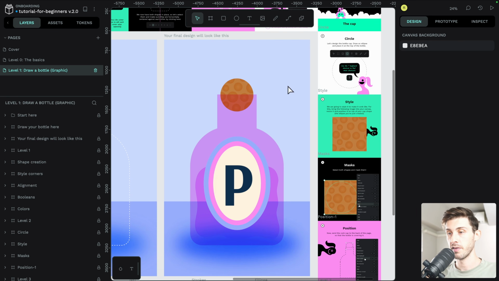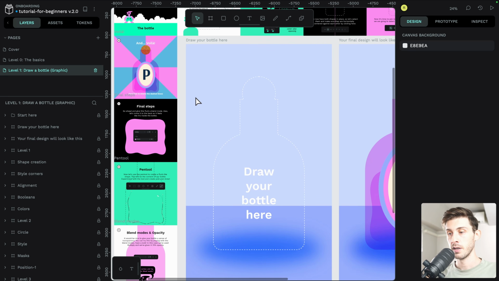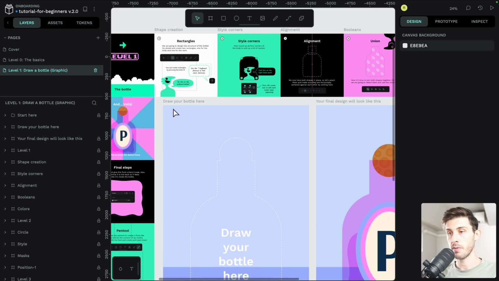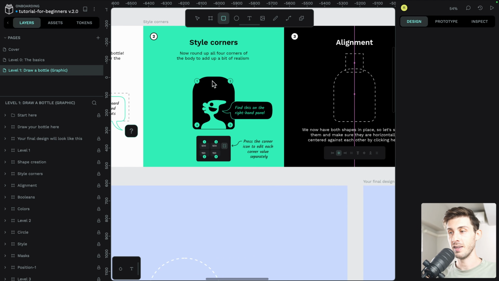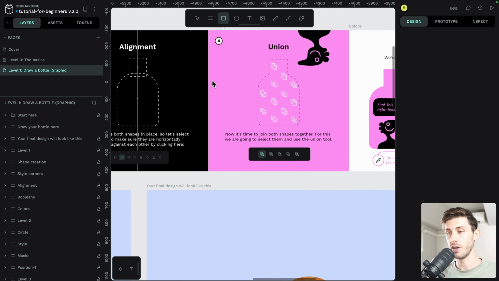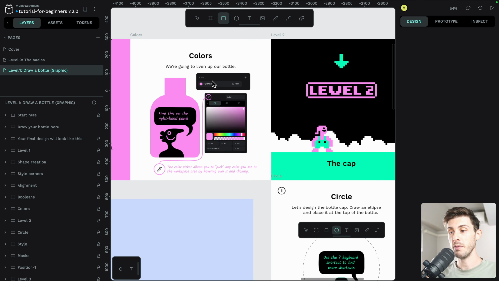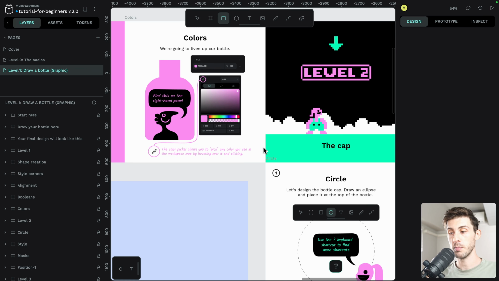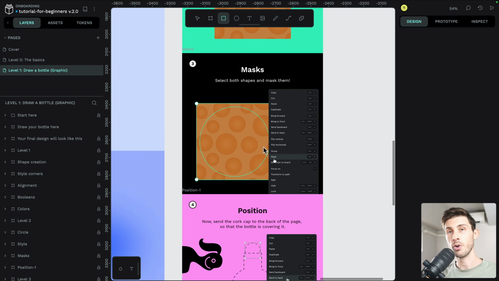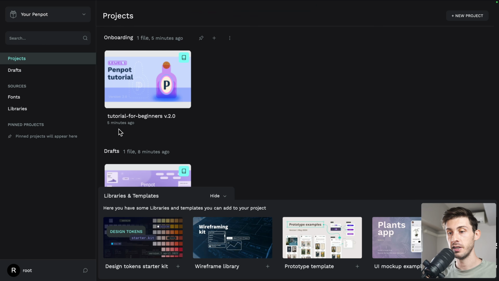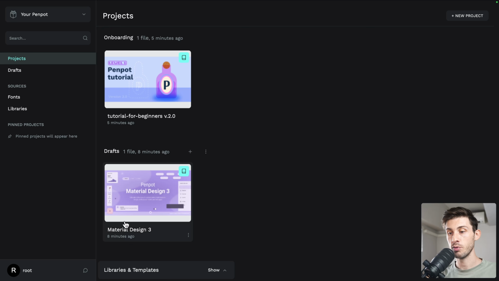Here on the right, this lovely bottle, and you have here something to draw yours. So using rectangles, using rounded corners, everything is explained in a nice way. It doesn't require you to be familiar with another tool to be able to create and to use the user interface comfortably. Let's go back to our project list here and open the first one we imported, Penpot Material Design